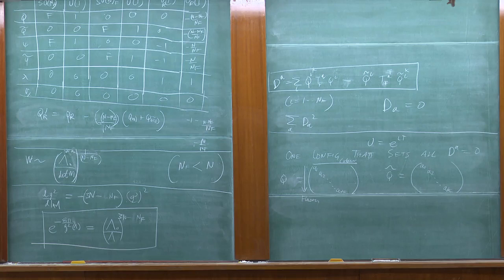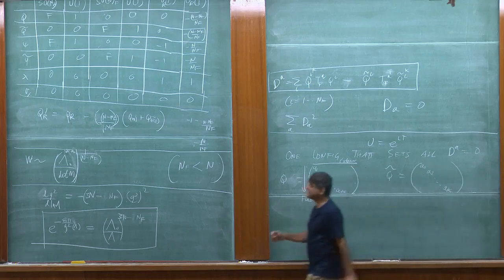But one thing you can check, and I leave that for you as an exercise, is that the most general solution is a global symmetry or gauge transformation of this configuration. Okay, so up to global symmetries and gauge transformations, this is the most general solution to the D-flatness conditions. So you see the situation that we had here, in the absence of the superpotential,